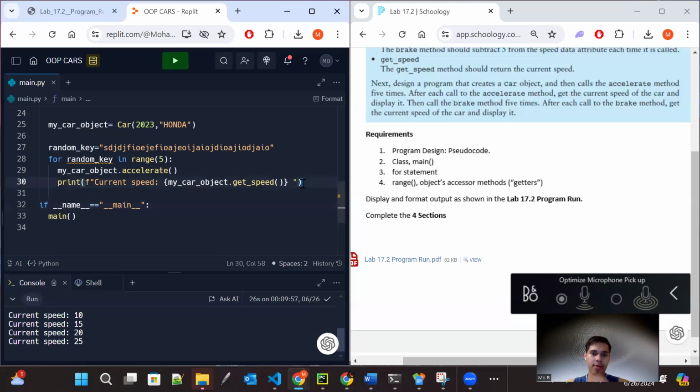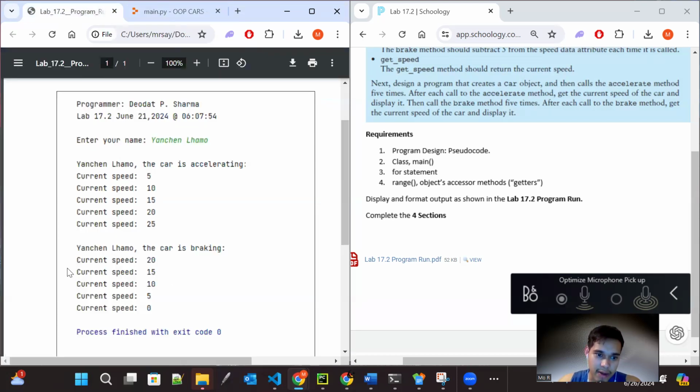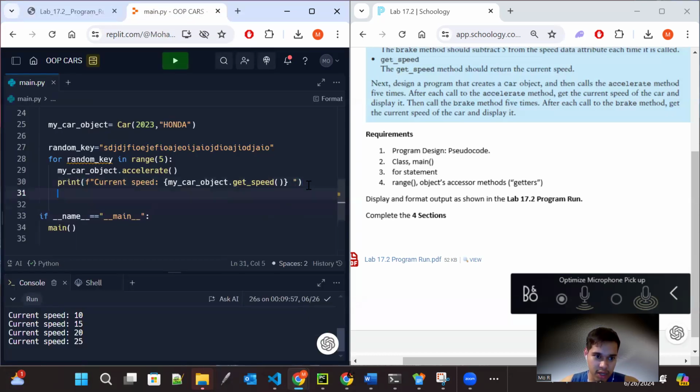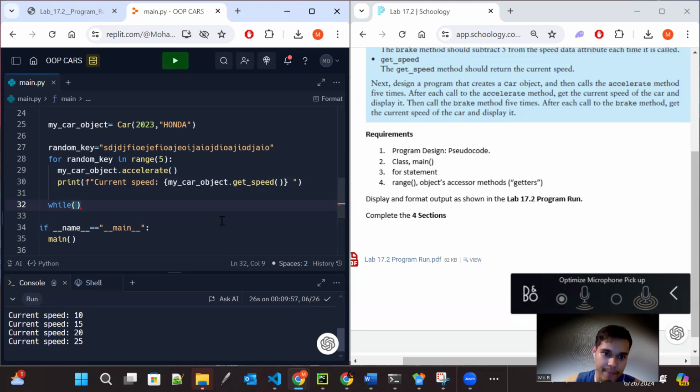And then now for our second part, we have to output. You guys can print out all of this, the name and all that, but let's just get to the core logic of this. On the second part, we're gonna use a while loop. So while